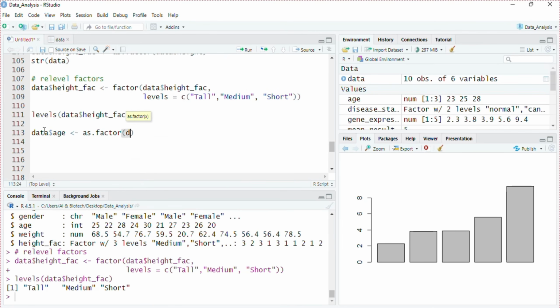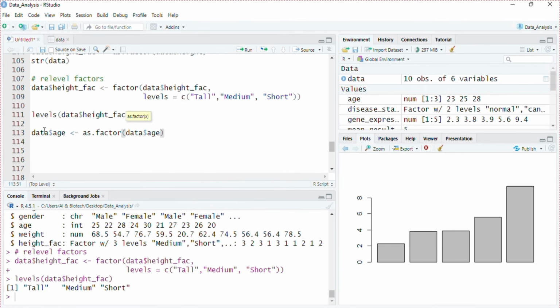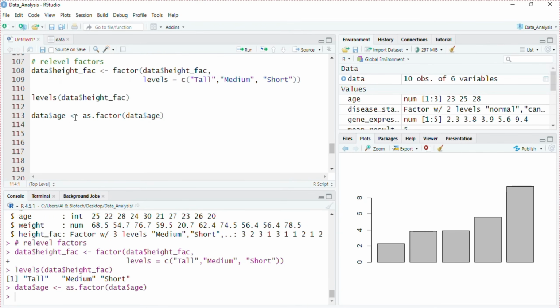Sorry, not the age column, but the gender column. We don't need to convert the age column. We will convert the gender column. If I check it, the gender factor column is created with the same data, but let's check the type. Now convert this male and female into 0 and 1.